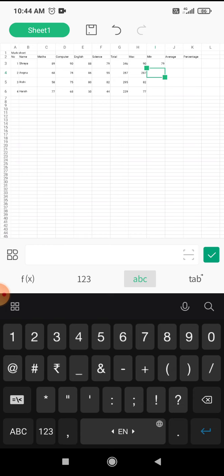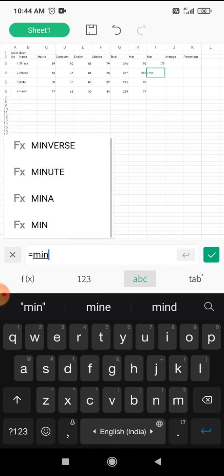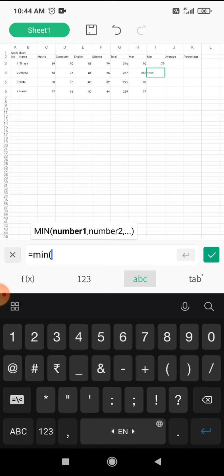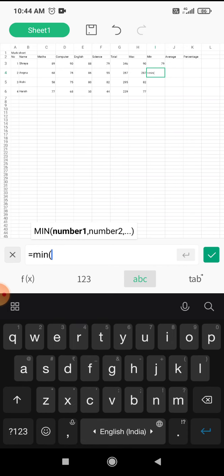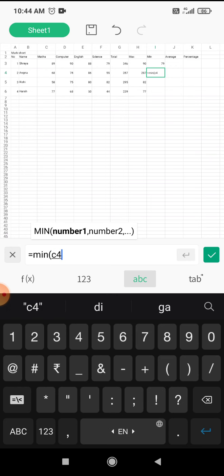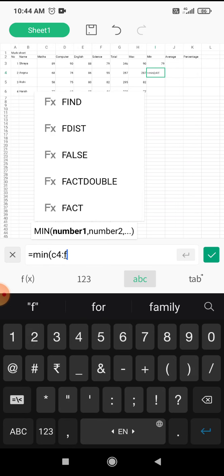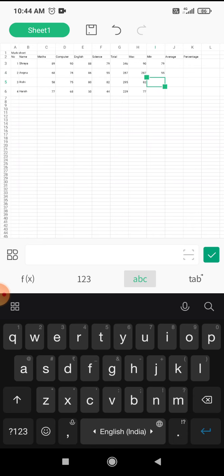Again, same formula you have to apply: equals to min, round bracket, C4 colon F4, round bracket over.